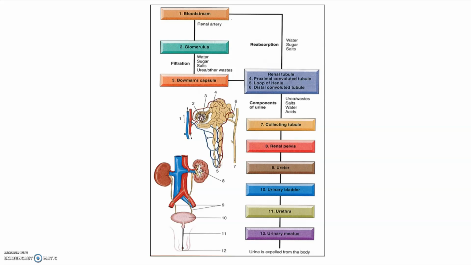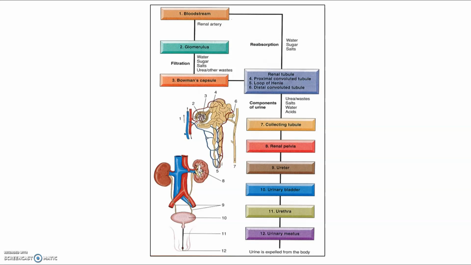And those capillaries, think of the capillary walls as having these microscopic filters, okay? And what that's going to do is it's going to filter through pressure. It's going to filter water, sugar, salts, urea, and other waste out of the blood. That fluid that's formed from that is called filtrate. That filtrate's then going to be pushed into the space at Bowman's capsule, which is just this C-shaped structure that